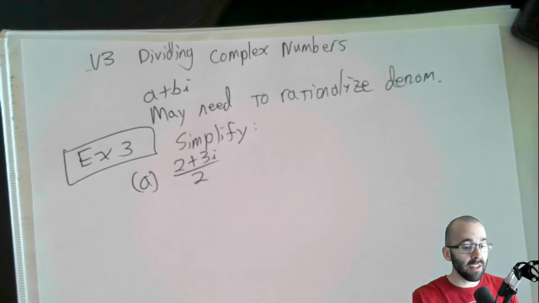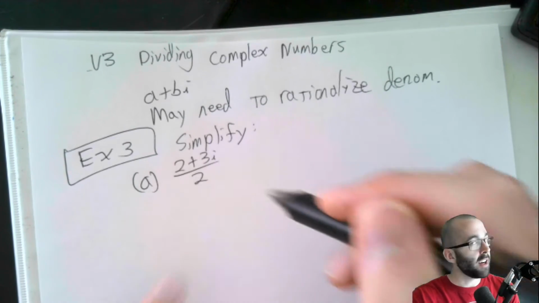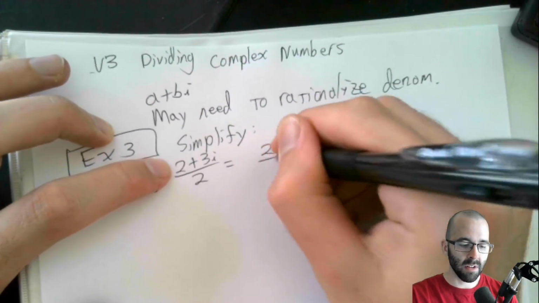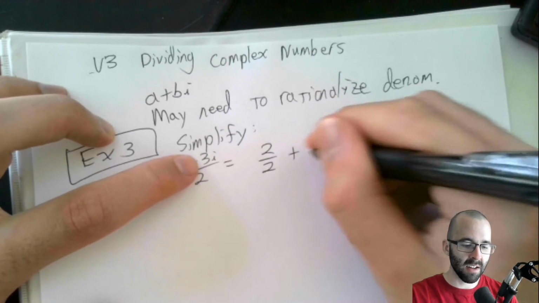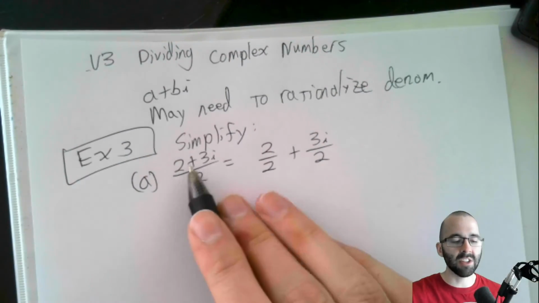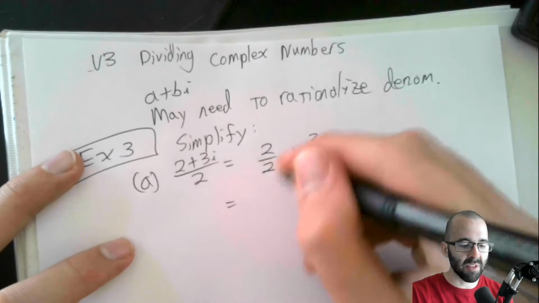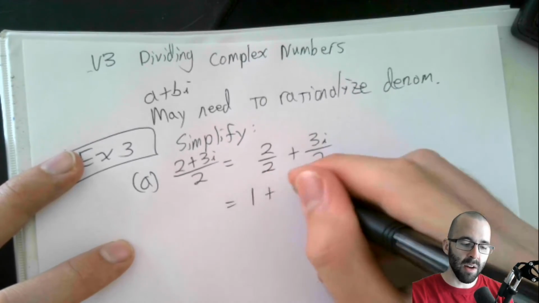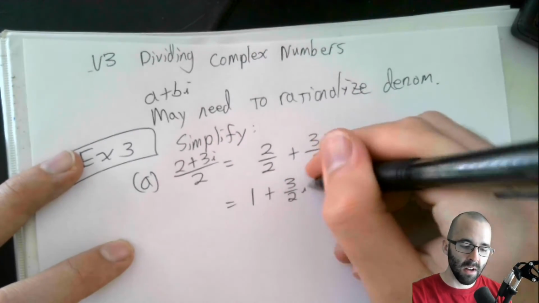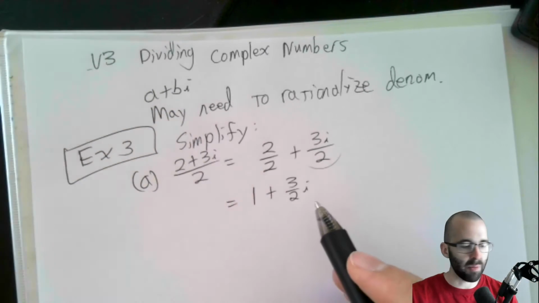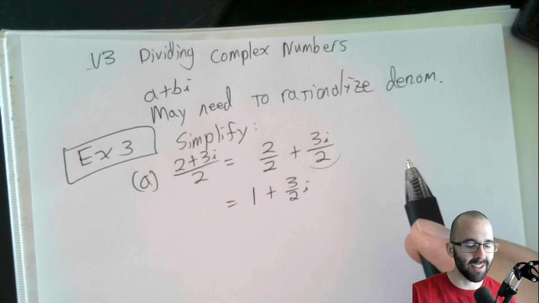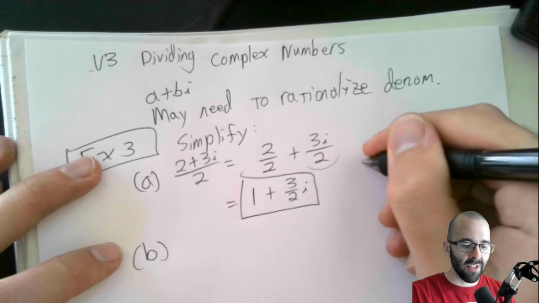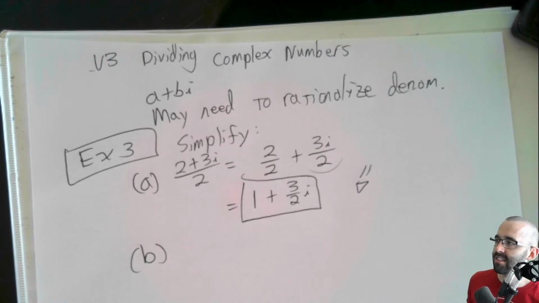And remember, addition in the top, we can split this up. Addition in the bottom cannot be split up. So this is just 2 divided by 2 plus 3i divided by 2 because the addition is in the numerator. And now we can simplify. 2 divided by 2 is just 1. And then usually how we write this term is to write the number part, which is 3/2, times i. So now it's really in that a plus bi format that I love. I was going to say we love, but I don't know if you love it. I love it. So that's a good case. That's the best case scenario. That's the happy face case.